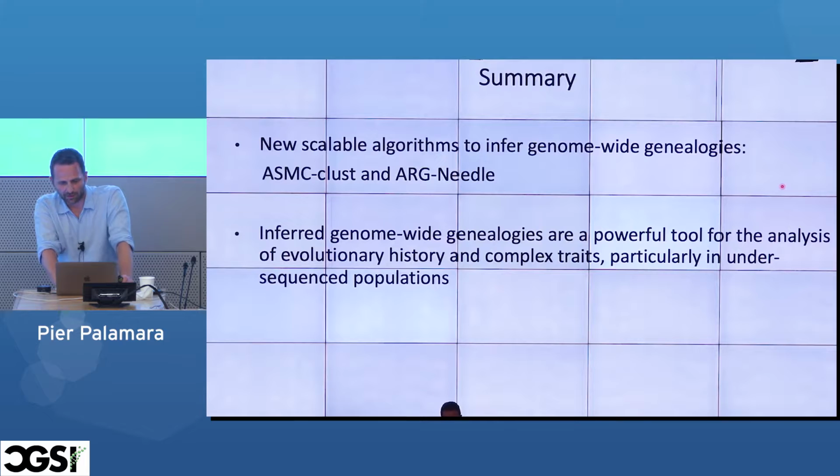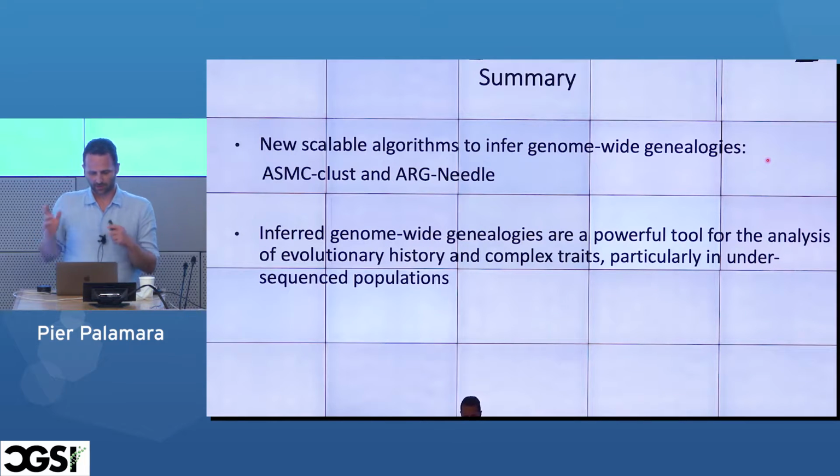Okay, so just to summarize, genealogies are great for a number of things. Algorithmically it's an interesting and complex type of problem to approach, which makes it fun and interesting in many ways. And I talked about a few algorithms that we've been working on. And you can do analysis that relates to evolutionary history as well as complex traits, which is something that you can think of doing particularly if you have under-sequenced populations. So if you have a lot of sequencing data, then you have a lot of information already. But if you have SNP data for populations that are not being sequenced a lot, then this is something that you can think of using to get more information.